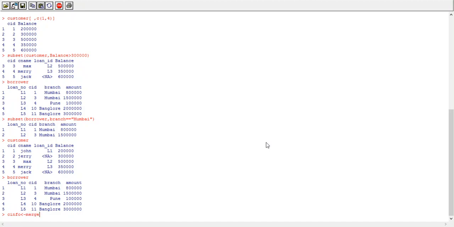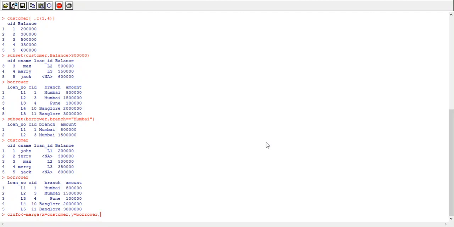Then write down merge function, merge. My first parameter is x. X parameter is the name of first data frame. X is equal to customer, name of first data frame. Y is equal to borrower, name of second data frame, borrower.